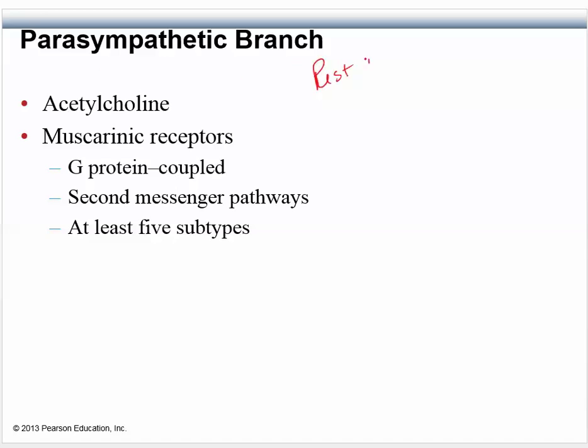Remember, that's rest and digest. Okay. And like I said, the main neurotransmitter that's going to be released is acetylcholine. So if we ask a question, we say, okay, I understand rest and digest. I know how to rest, and my body knows how to digest. But what exactly does all of this mean? Well, let's think of one little example.